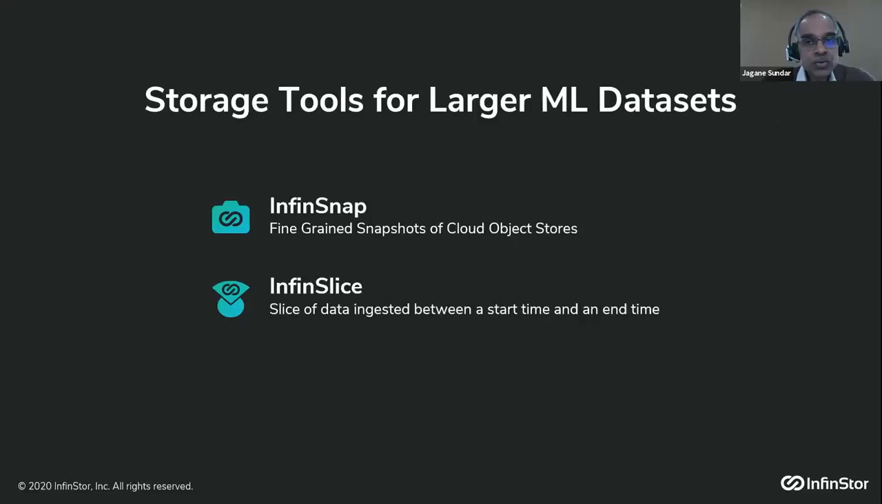Let's talk about storage tools that the InfantStore machine learning platform brings first, and then Jitendra will dive into the compute tools and talk about the cost of running it in interesting ways. The storage tools that we bring to the ML workflow are InfantSnap and InfantSlice. InfantSnap is fine-grained snapshots of cloud object stores, fine-grained down to the millisecond level. And InfantSlice is an improvement on InfantSnap where you can get a slice of data ingested between a start time